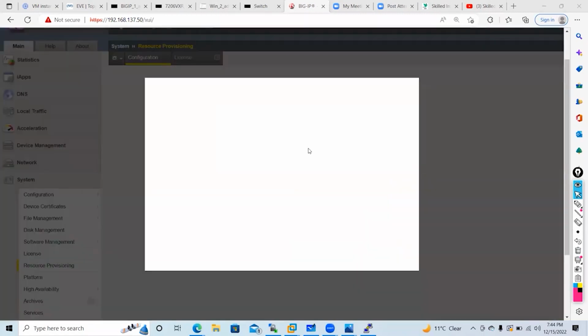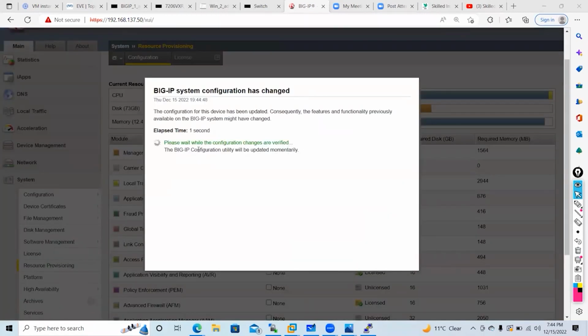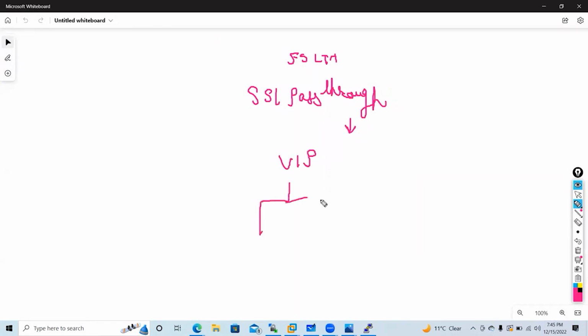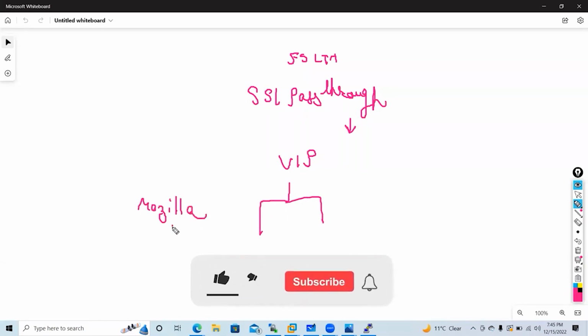Now, guys, another question I wanted to share is one which has been asked by my colleague. The question was: I have a scenario where I'm using SSL pass-through in F5 LTM. Now I want that if someone is coming from Mozilla Firefox, it should go to pool 1, and if someone is going with Google Chrome,